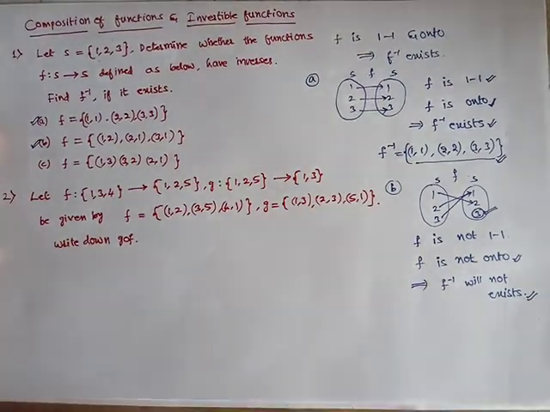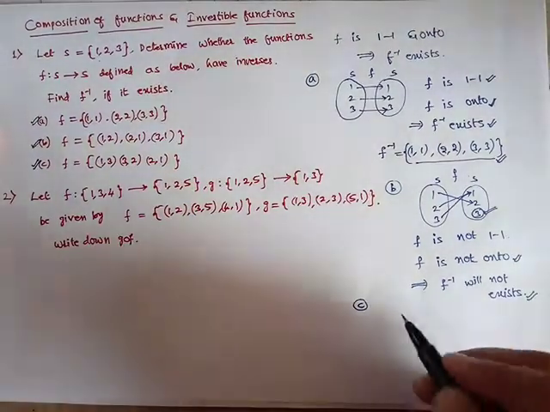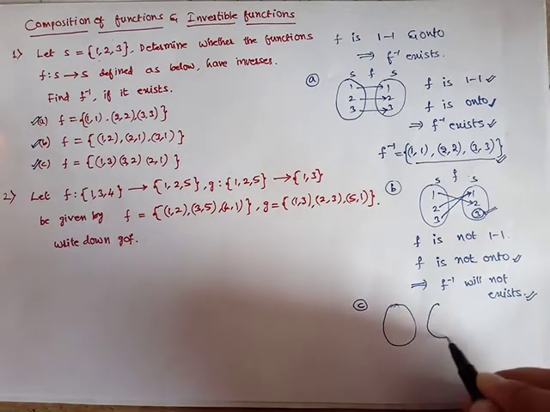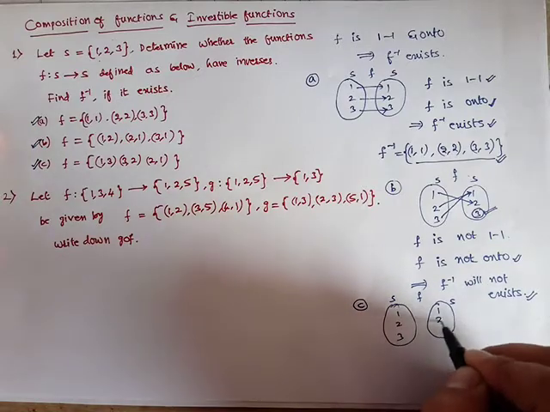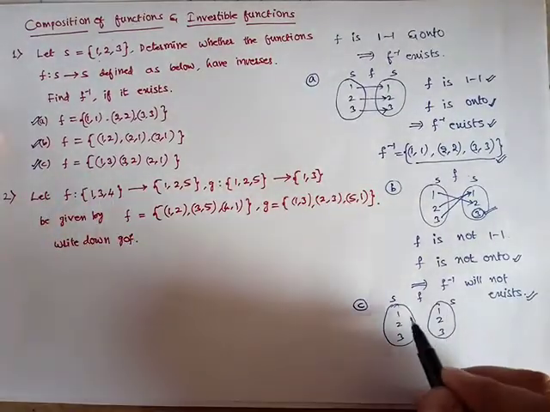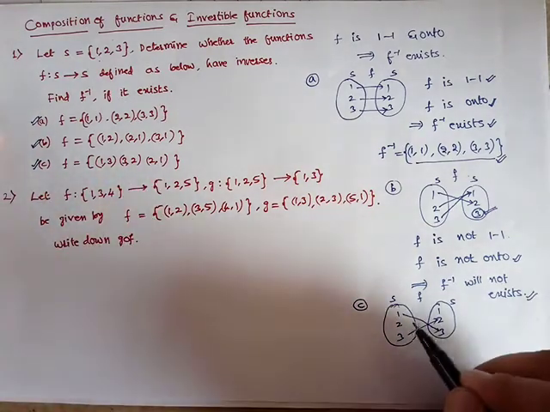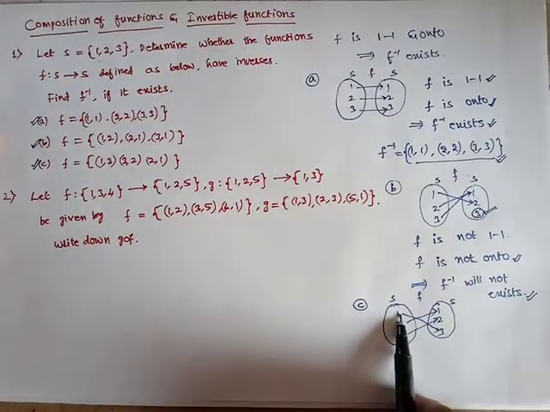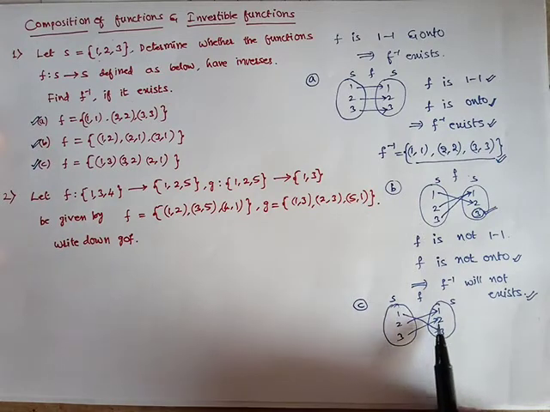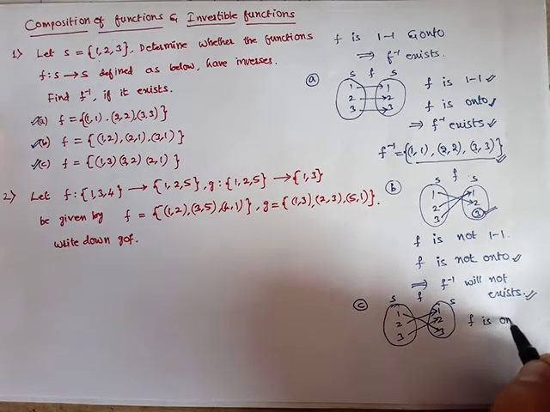And coming to the third question C, and how this C is given. Looking at the diagram, F is mapping from S to S, {1, 2, 3} to {1, 2, 3}, 1 is going to 3, 3 is going to 2, 2 is going to 1. Now we'll see whether it is 1-1. Each element of S is going to only one element of the second set S, then it can be said F is a 1 to 1 function.